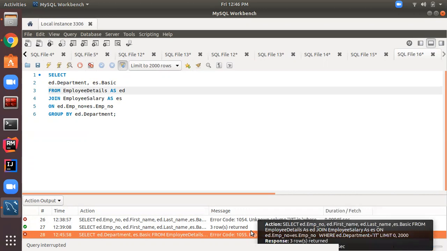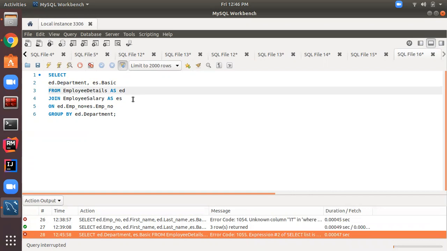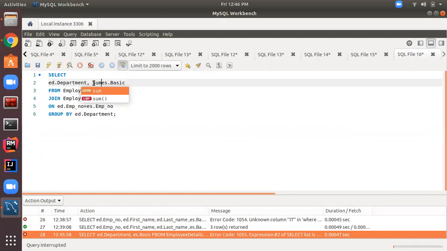Here we need to use an aggregate function, sum, otherwise it will give an error.